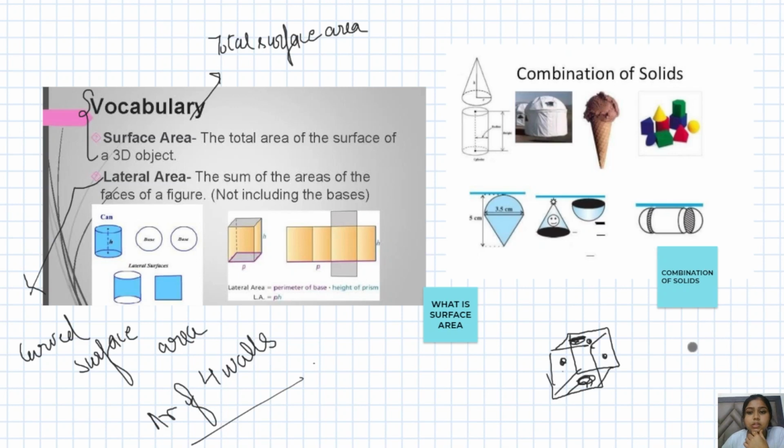So there are a total of 6 faces. When we calculate the area of all the 6 faces, then it is considered the total surface area. But when we consider the area of only the 4 walls, irrespective of the floor or the roof, then in that condition it is called the lateral surface